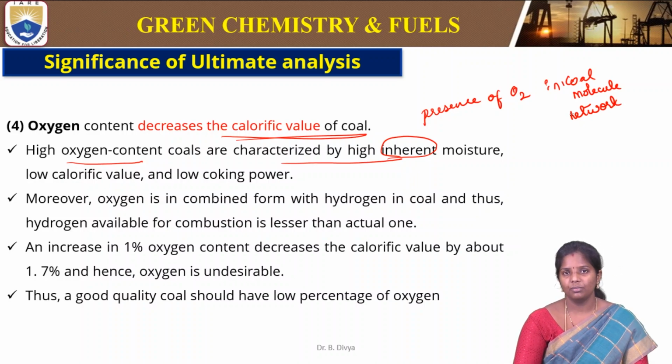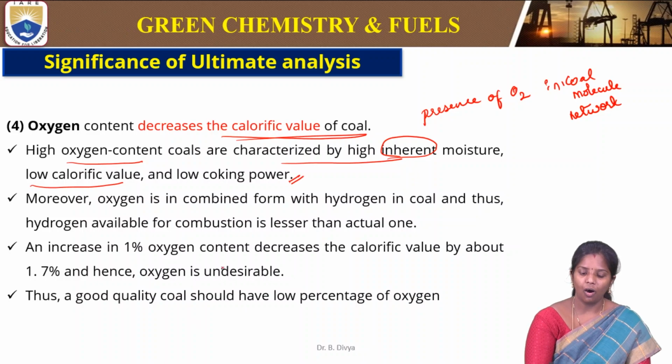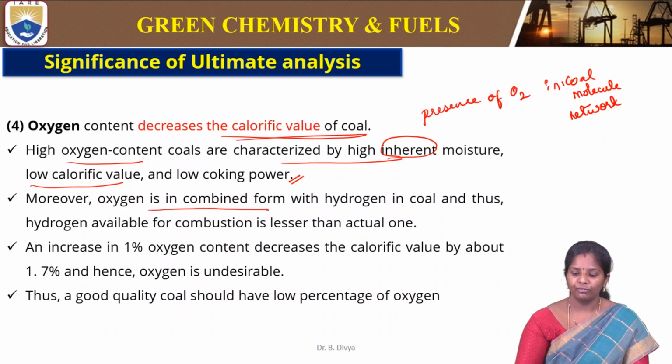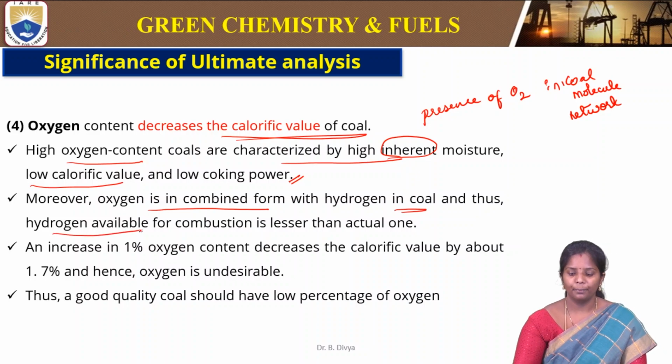If it is adsorbed, it is only on the top layer of the coal, but inherent moisture is inside the molecules of the coal, so it will cause a low calorific value and low coking power. Moreover, oxygen is in combined form with hydrogen in coal,